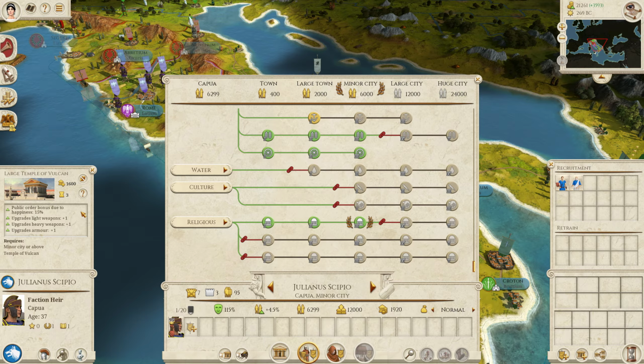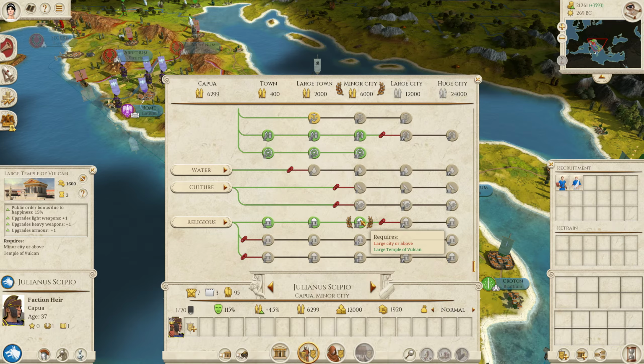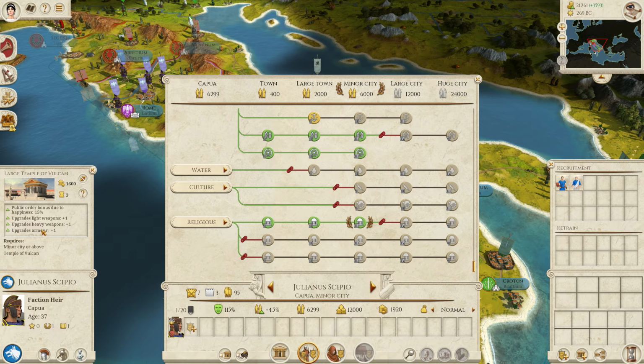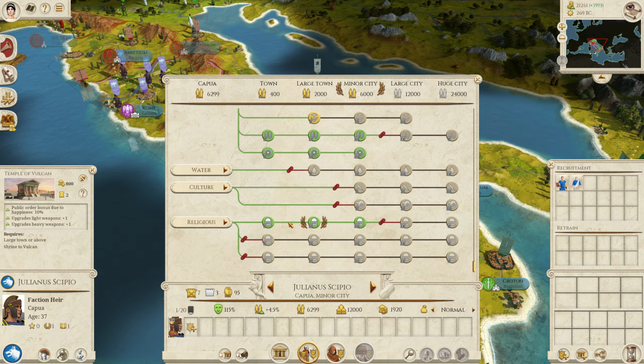So it means until this point, once you build the third tier of the Vulcan building, all the units in the game are going to have at least the bronze sword and shield upgrade already, which is the light and heavy weapon upgrades and the armor upgrades. And there is no other trait or follower that requires the large temple of Vulcan or any other higher tiers. All the traits and followers require the temple of Vulcan actually,